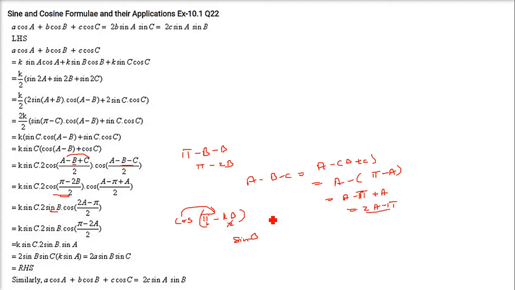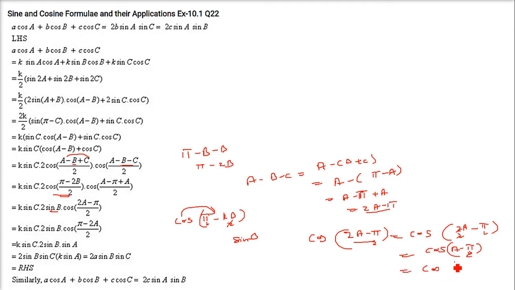Here, this is cos 2A minus pi by 2, so cos 2A by 2 minus pi by 2. The 2 gets cancelled. It will be cos A minus pi by 2. Now cos minus theta is plus cos theta, so I can just change the sign. This will be pi by 2 minus A. Okay, cos minus pi by 2 minus A. I'll just change the place and put a minus here. But cos minus theta is plus cos theta, so it will be cos pi by 2 minus A.